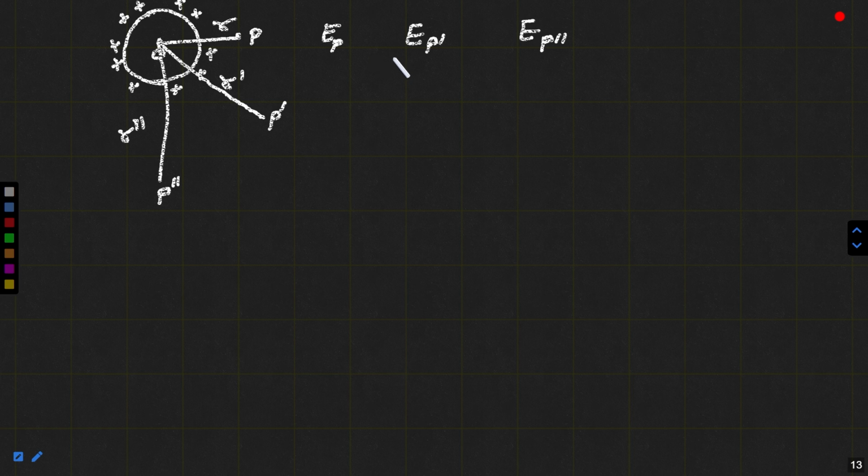So what is the correct order? Please give me the answer. Which one is greater, which one is smaller? Correct order means this one greater, then this one, like this. Please solve. What is the correct order?